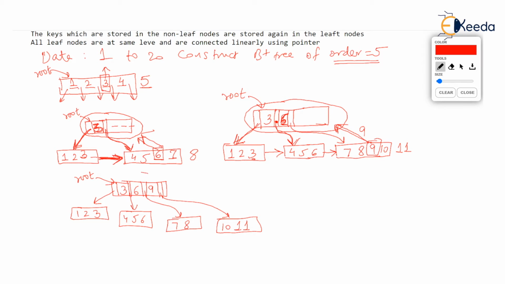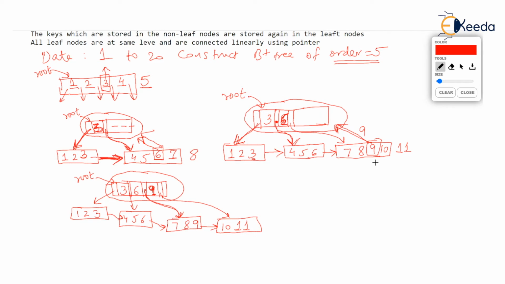But now you watch the non-leaf node which I am marking, which has 4 children now, has a value 9. This 9 has to go again in one of the leaf nodes. Then it will exactly go to the left of 9. The left of 9 over here is 7, 8 and 7, 8 is going to store 9. And of course, all the leaf nodes are connected. So you see all leaf nodes are at the same level and they are connected, and values stored in the non-leaf nodes are again stored in one of the leaf nodes. Sorry, I got lost. This way the construction goes on.